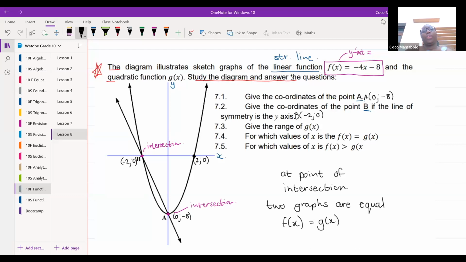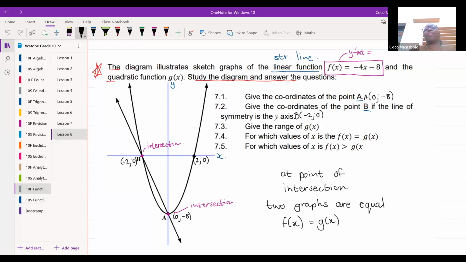Okay, Tinswalo. Okay, we have actually gone through why we get these coordinates when we look at the y-intercept and the x-intercept. I don't know how late you came into class, because we had just explained how we get those. So my sweetie, I need you to just hold on for me. Okay, after today's lesson, you can watch like the first 10 minutes. Okay, because we explain how we get there. All right,